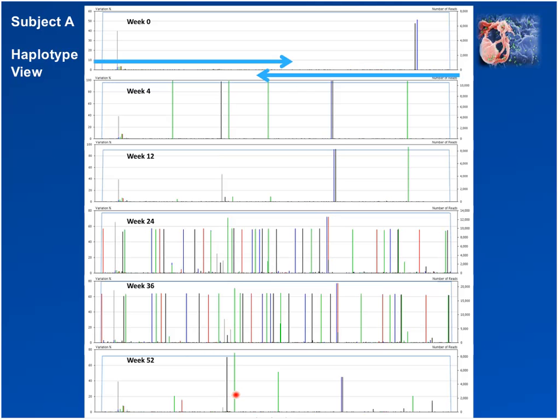So this is an example of what we are also very interested in, which is the tracking of viral haplotypes. In this case, we've tracked the viral haplotype of this individual across the sampling time frame, which is a key aspect of this, that you have specimens representing the same individual over a significant length of time.